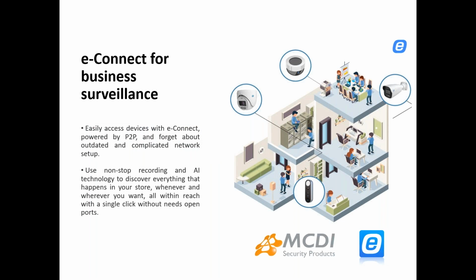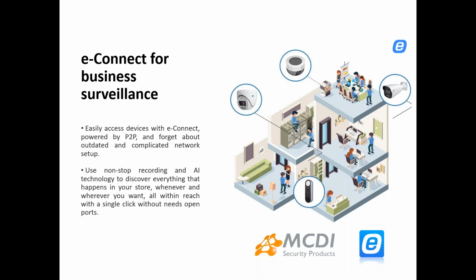So eConnect for business surveillance. What can we offer for business surveillance? This is just a small little office that we have set up here. As you can see on the front door, we have an intercom system. On the front desk, someone's going to monitor it, maybe with a tablet or maybe on the computer. When they ring the door, it'll send a notification to the person in the front desk or anyone that has